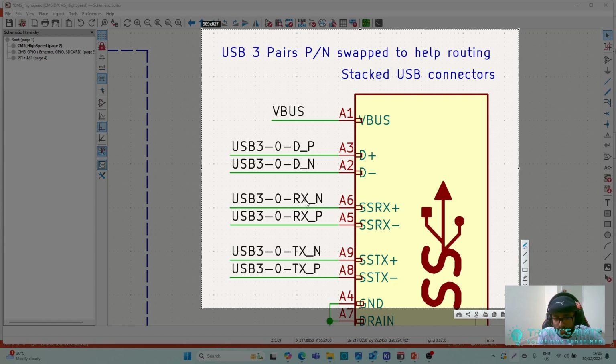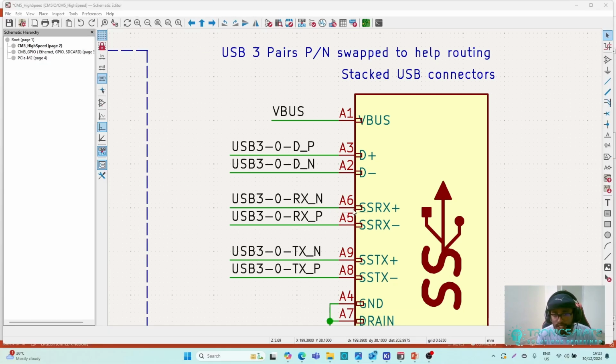So if you see the RX negative signal here and the positive signal here, they are swapped. The RX minus is connected to the positive and the positive is connected to the negative. They should have been connected like shown in my drawing, but they are swapped. But they still work because in USB 3 there is a feature called